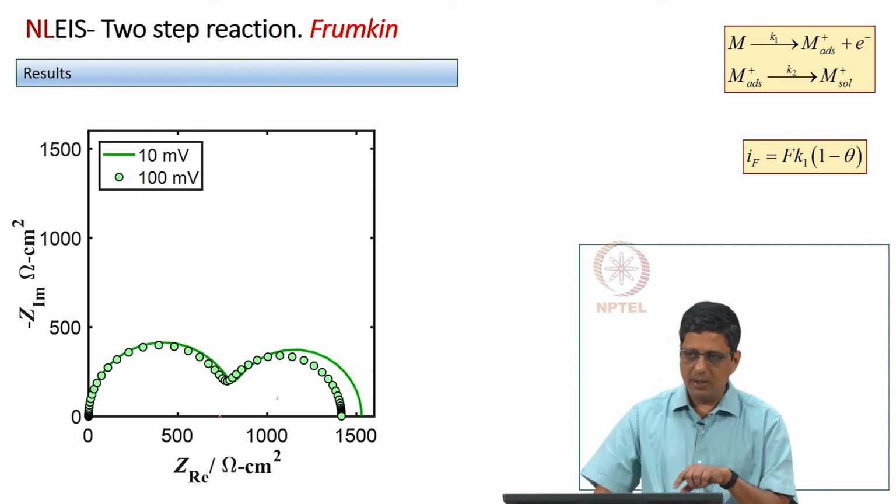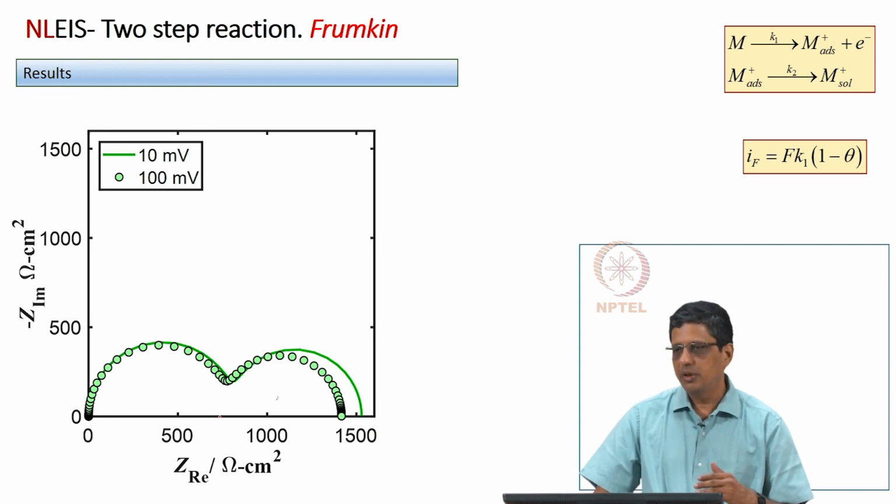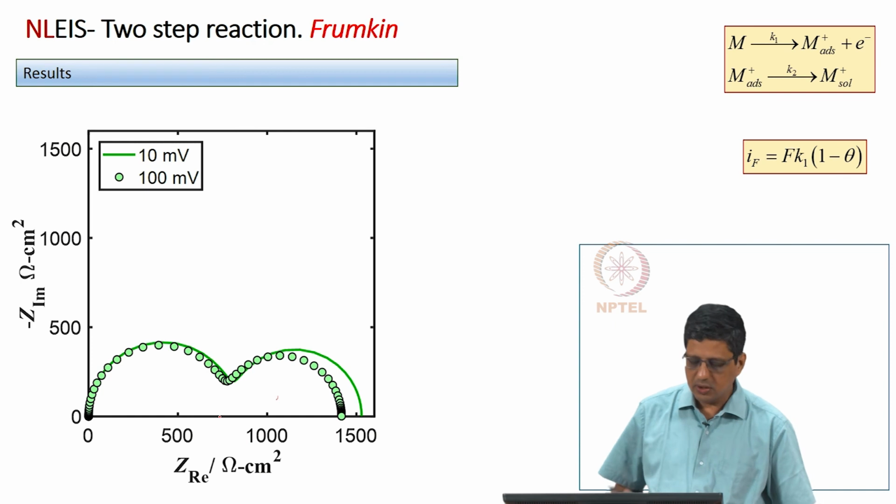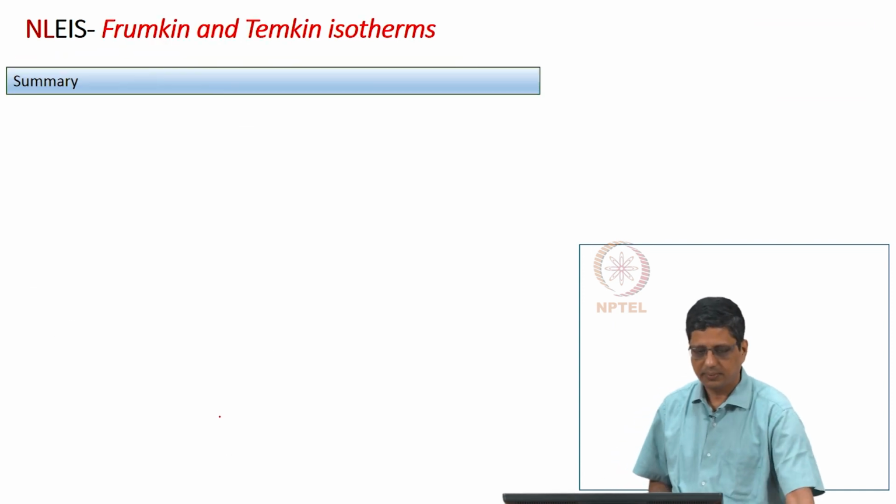So, even here when I have n adsorbed intermediates, I can get n plus 1 loops. One loop is for the double layer capacitance in parallel with charge transfer resistance. Every adsorbed intermediate would give me one time constant or one Maxwell pair. The rate constant could be described using Langmuir isotherm model or using Temkin isotherm model or Frumkin isotherm model. It can be complex, but we will not get more number of loops because of that. That is also something I would like you to note.